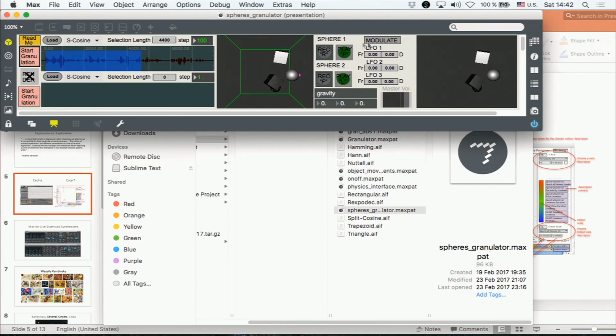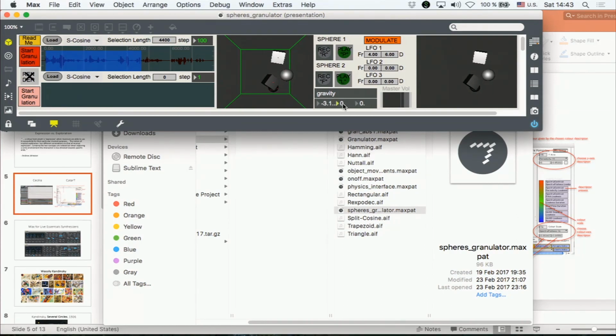So for example, I added this modulation section here where I was wondering what's going to happen if I modulate gravity, for example. So yeah, let's try that. Gravity changes constantly according to the movement of an LFO here, and things move.